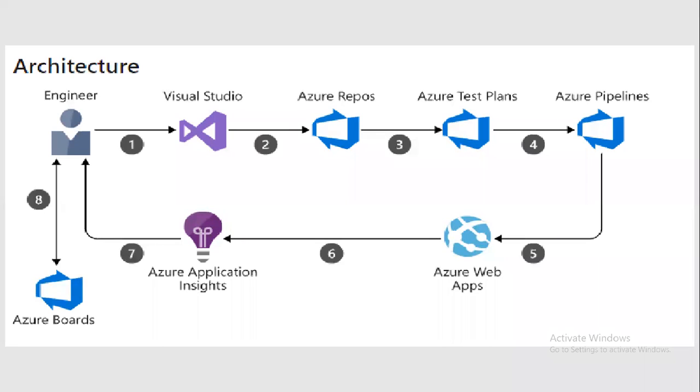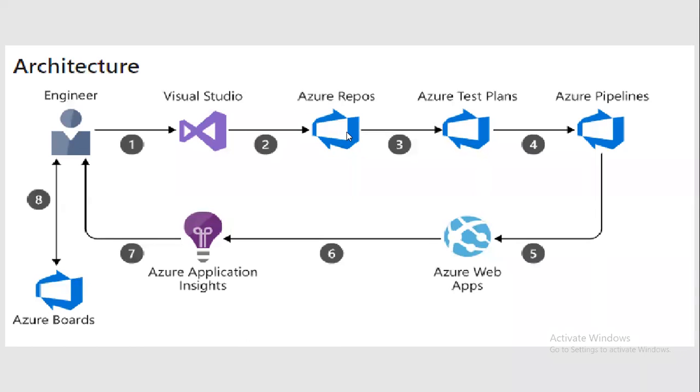And whatever things I explained in the diagram, like code repository, testing environment, UAT, production, all these components can be seen in this diagram. Here Visual Studio is the place where developers will write the code. It's just like an IDE, and from there they submit code into Azure Repos. This is just like a Git version control system.